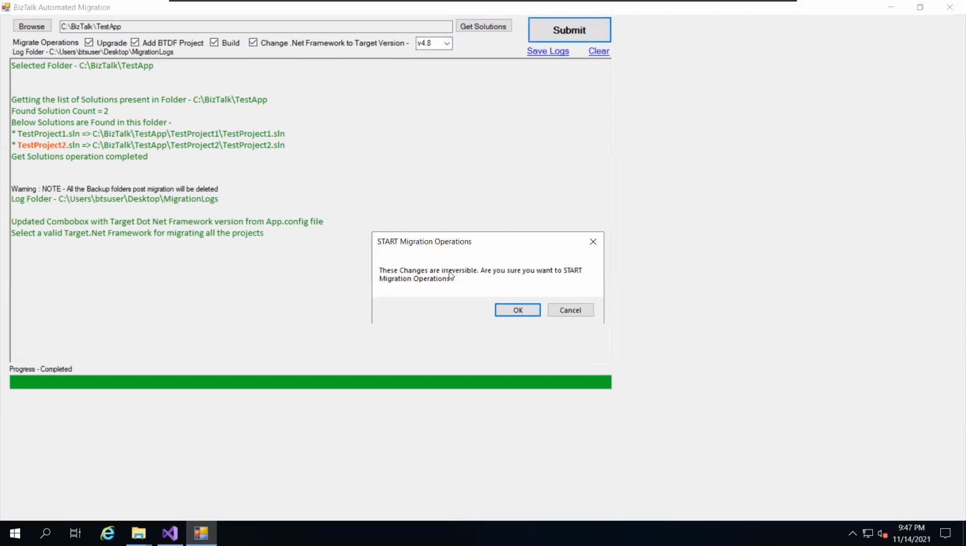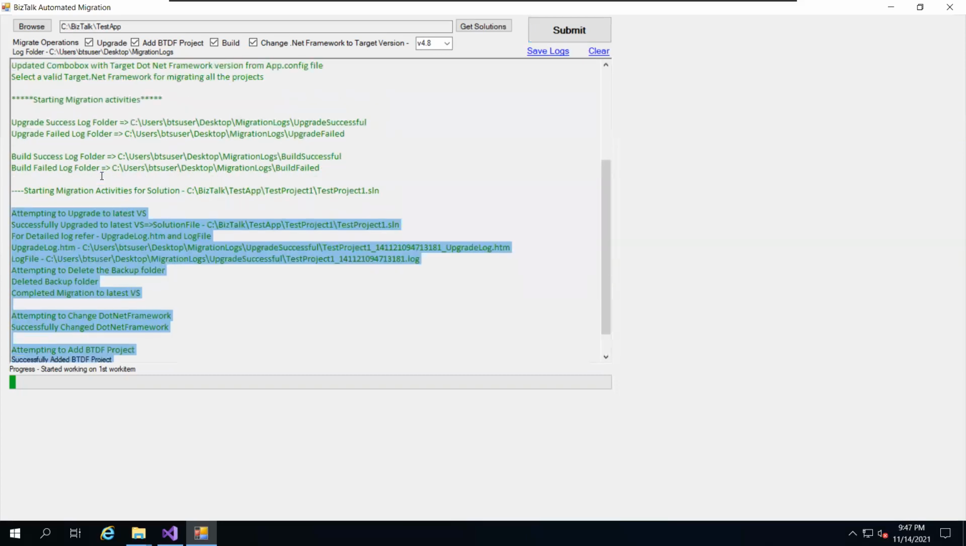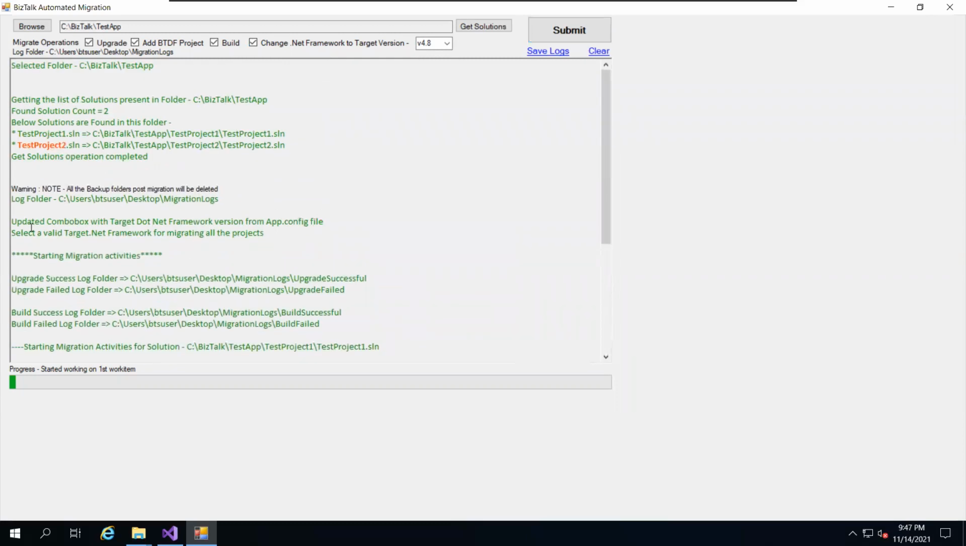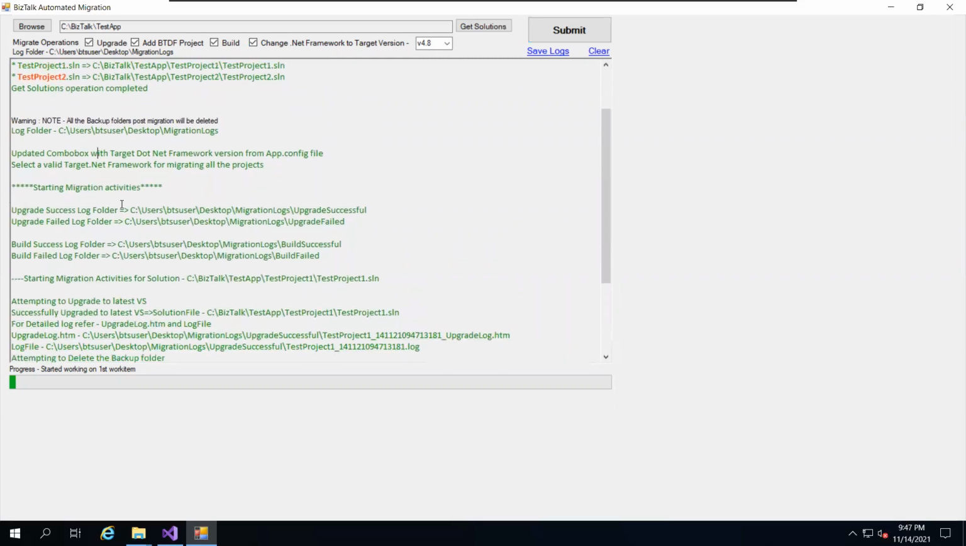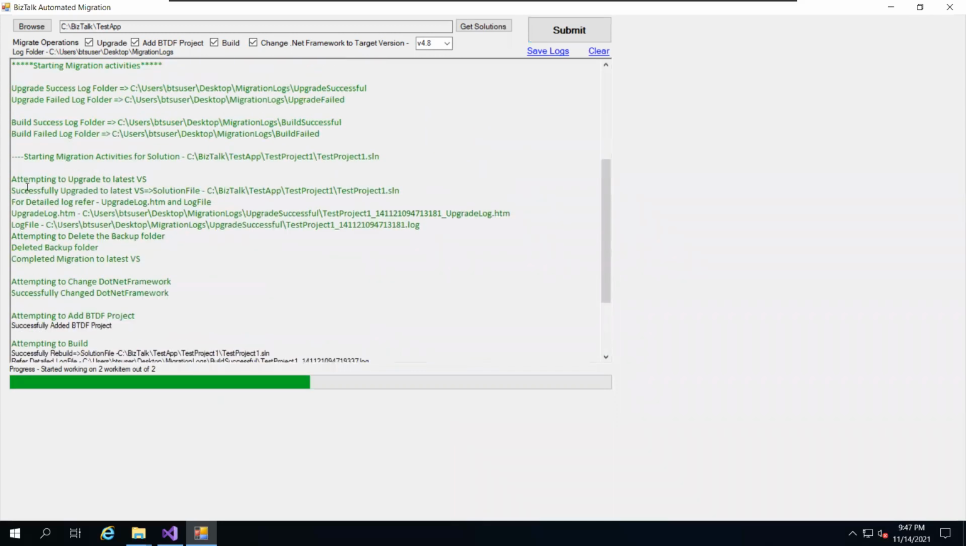As these changes are irreversible, it is asking, do you want to start or not? So in our case, yes, I want to do it. Now if you see the logging, it is saying that logs will be kept at this particular folder, and now it is starting the migration activity. The first thing it did is, for each project, it goes ahead and performs operations. So if you see here, it is saying that